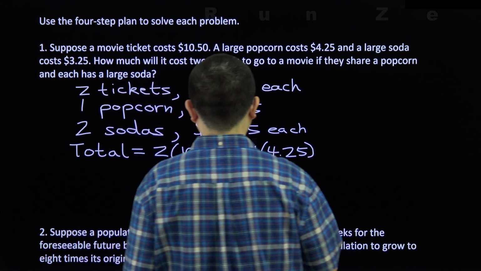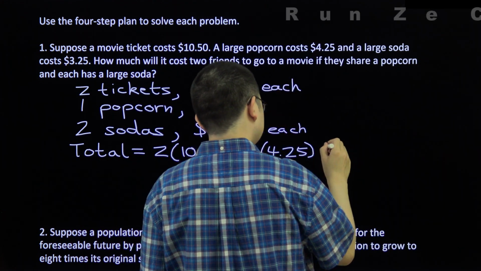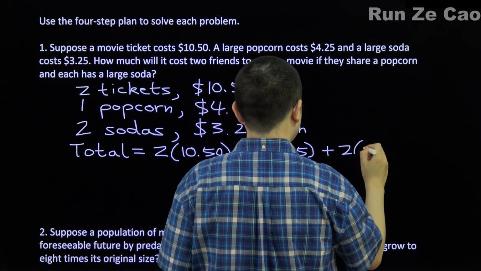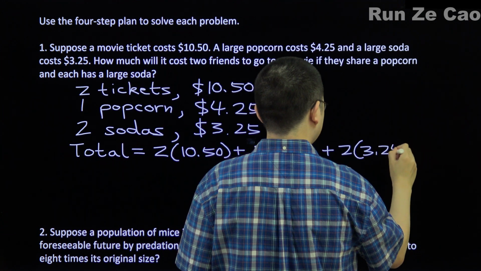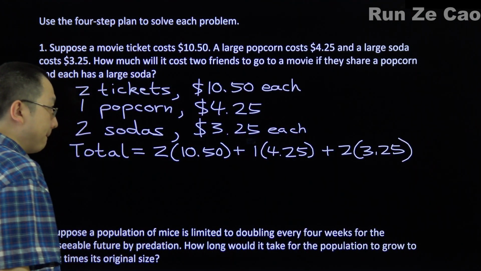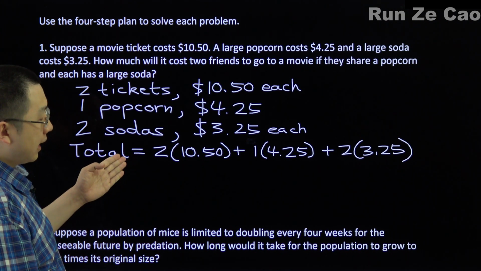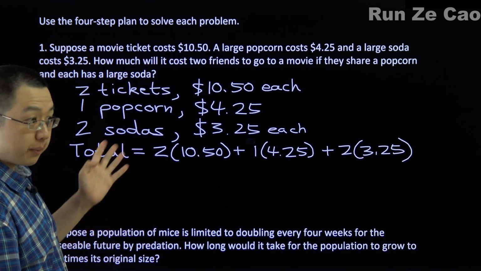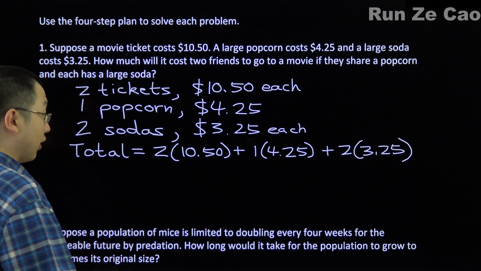I show specifically that there's only 1 popcorn. Plus 2 times 3.25. Yeah, this is our plan. And we solve,